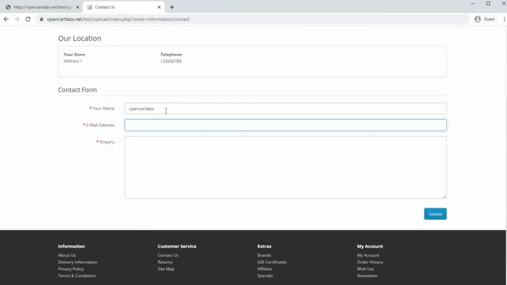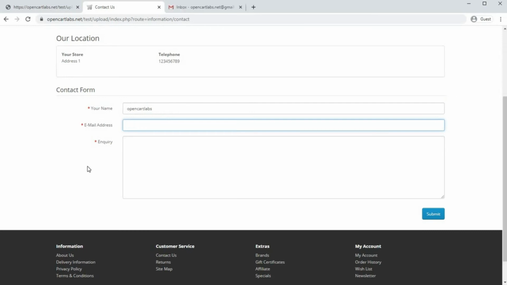Email address. In email address I'll enter the email address OpenCart Labs .net@gmail.com and inquiry: hi, this is a test email to test the SMTP.